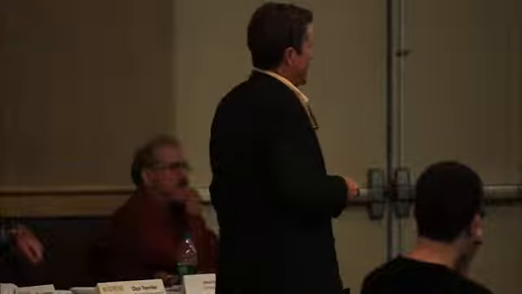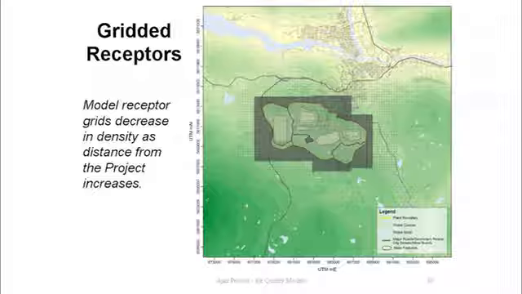This figure depicts the modeling grid for this analysis. It's an approximately 25 kilometer by 25 kilometer grid centered on the project. And you'll notice that as the distance increases from the center of the project, the density of the receptors in the modeling grids gets lower. So more refinement of the modeling results close to the boundary, but still information on a reasonably dense grid as you get further away from the project.